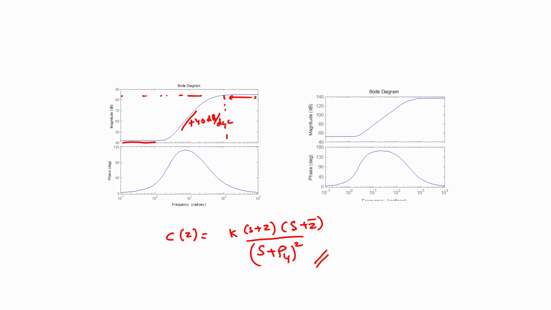What is more worrisome though is that this gain has to be maintained for all frequencies starting from P4 and all the way up. So all the way up to infinite frequency we need to have the magnitude characteristic of the controller be equal to 85 or so decibels, and this is an impractical proposition. There is no physical controller that can give us infinite gain bandwidth product, which is what is demanded by a controller of this particular structure.